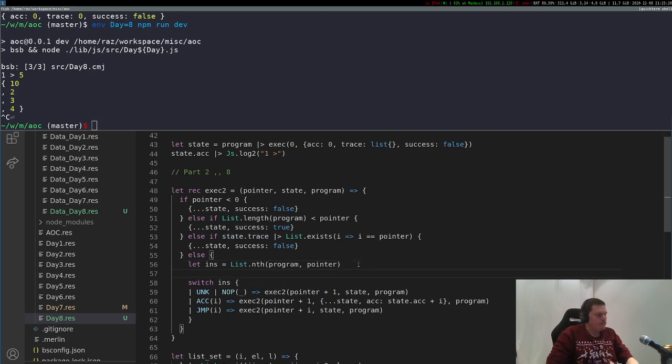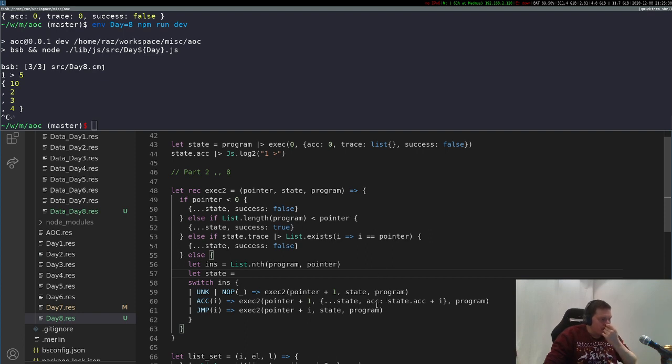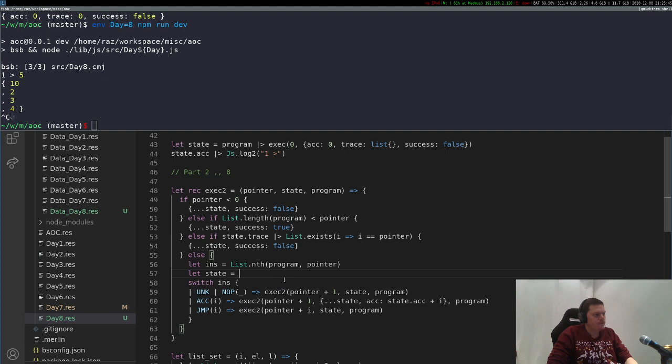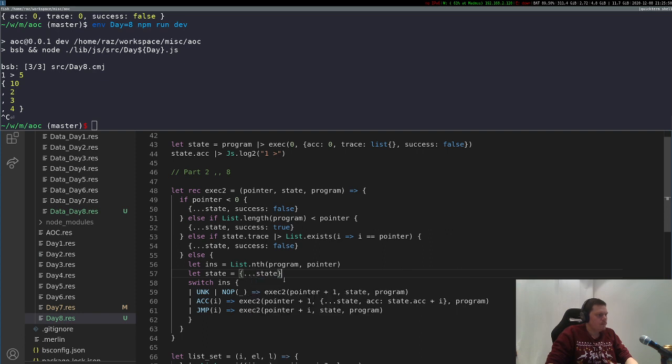So the state, let's state equal. So here we add our accumulator. We just add our state. Add to the accumulator, we add to the pointer. Yeah. So this state should be state, and we'll add our trace. Is that what we're calling it? Yeah. Trace is equal to state dot trace